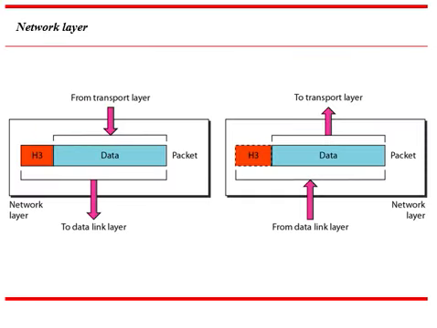Here is the network layer. The network layer receives the data packets from the transport layer and converts these packets into the internet protocol layer. In this layer also we add a header. The purpose of the header is to mention the source and destination IP address with this packet.